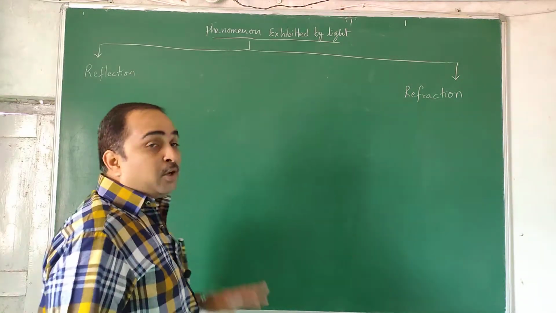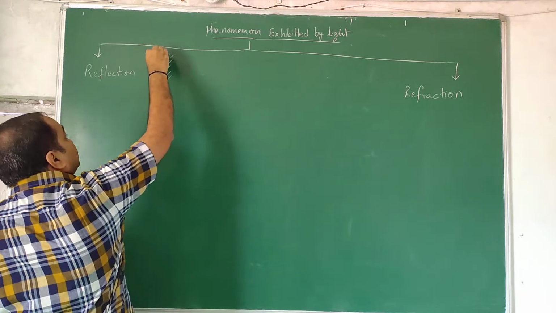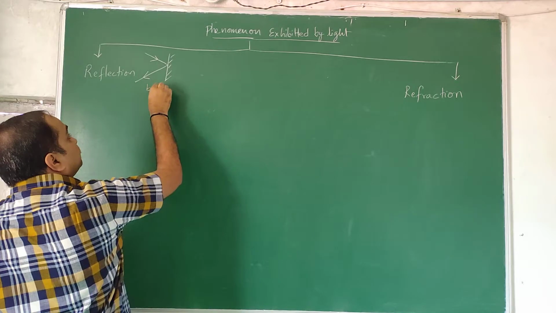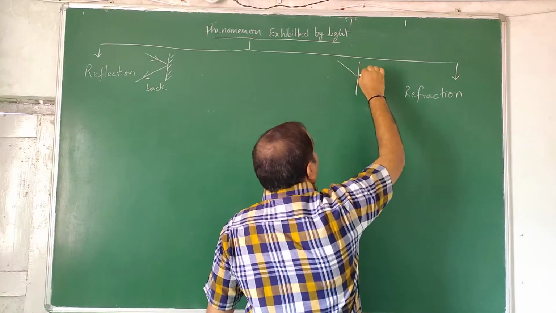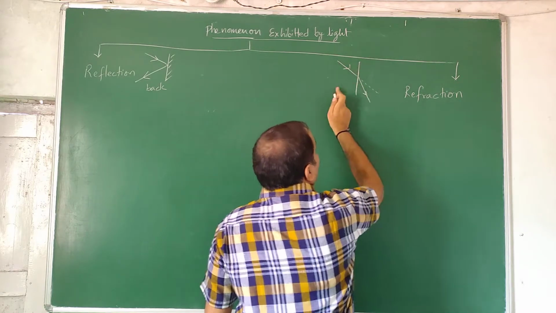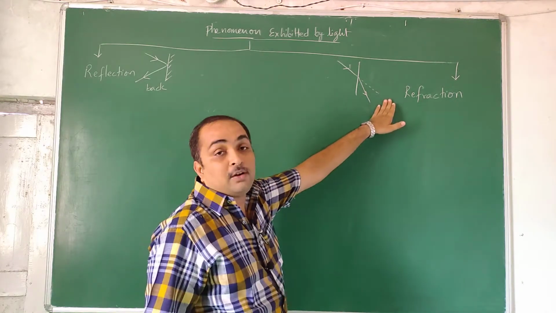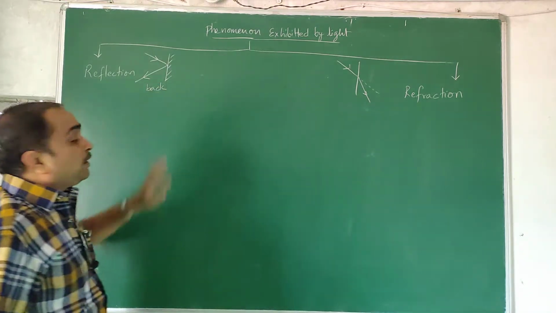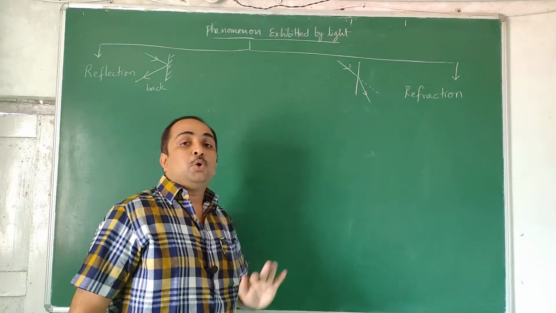May not be correct, but loosely speaking it's okay. If a light is incident from a medium and comes back to the same medium, that's called reflection. If a light is incident on a medium, we expect it to go straight, but it bends and goes. For that, this side should be a transparent medium, say air and water kind of thing. If light passes through, that's called refraction. If light comes back, then it's called reflection. This is not a proper way of defining the things, but loosely speaking it's okay.